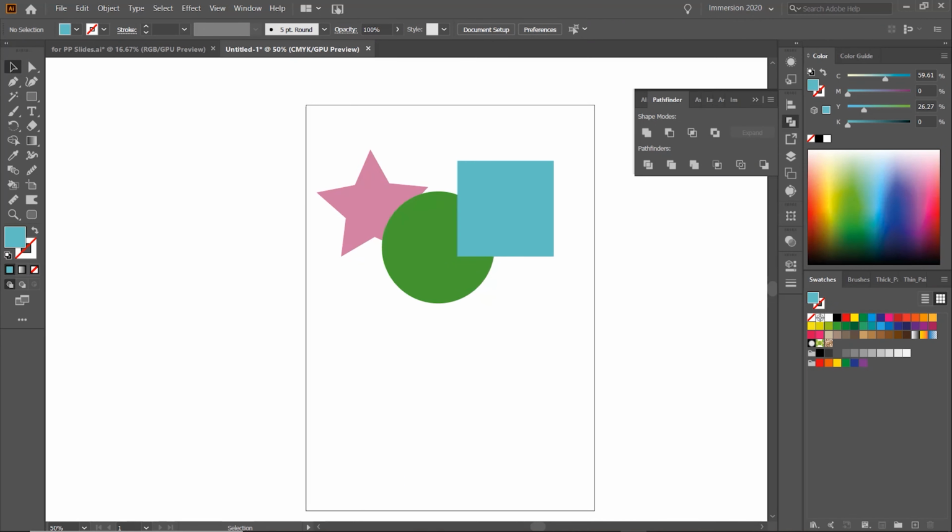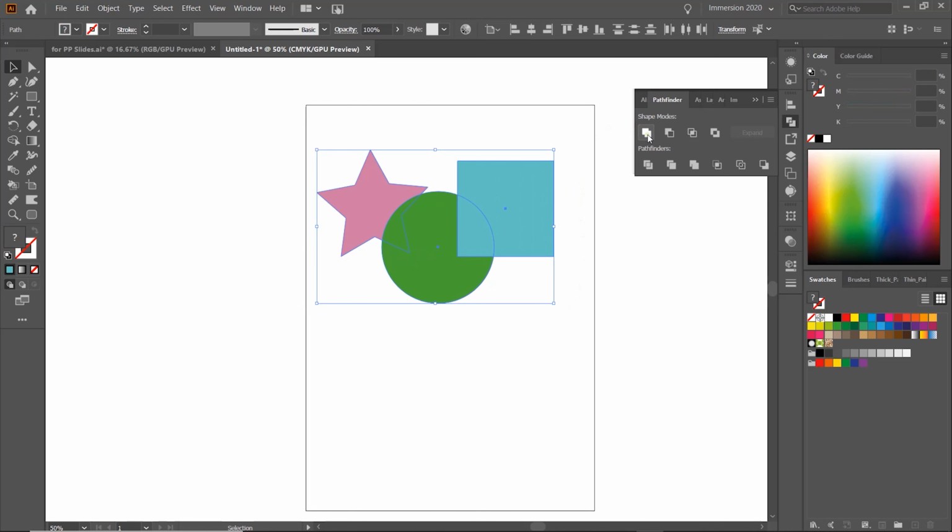Hey guys, in this lesson I'm going to talk to you about the Pathfinder tool. This tool actually could have its own class by itself, to be honest, but I will try to give you an overview of what you can do with it and show you the different options here that you can use. So I've drawn some shapes, and what you can do is select all the shapes and click